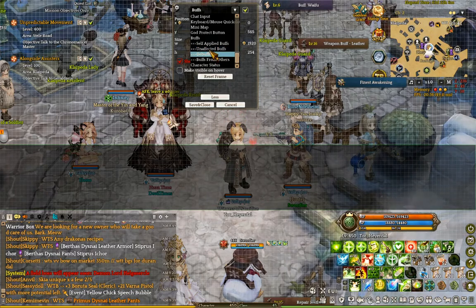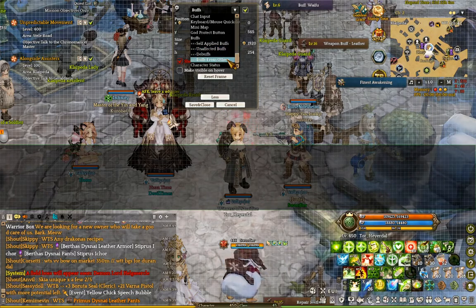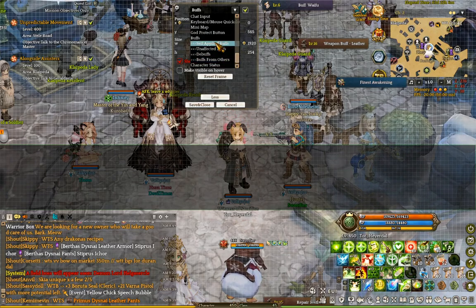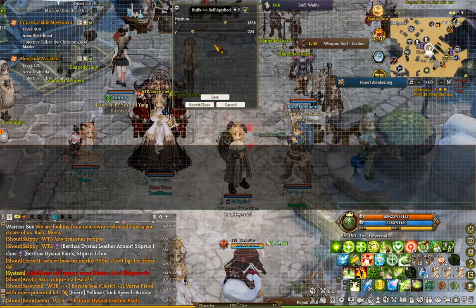And then you've got your debuffs. That's pretty self-explanatory. And then you've got buffs from other people. So each of these 4 things are their own respective items, as of, I believe, the June 2nd, 2020 patch. So we've got self-applied buffs, which, why